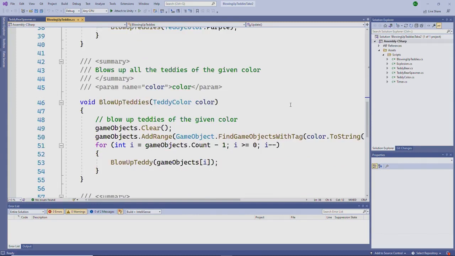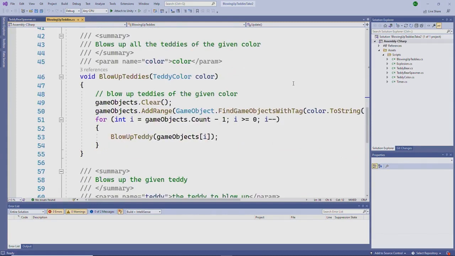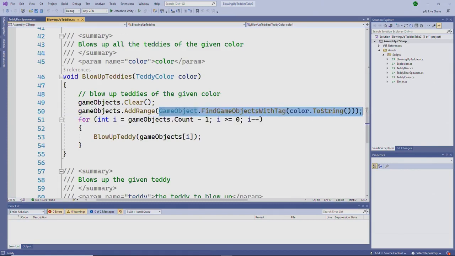My blow up teddies code is much simpler than it was before. Instead of needing to check each game object in the scene first to see if it has a sprite renderer, and then to see if it has the appropriate color, all I need to do now is the following. I still need to clear my game objects list, and this time, instead of finding all the game objects in the scene, I'm going to find game objects with a specific tag. And the tag I'm going to look for is the color that was passed in up here,